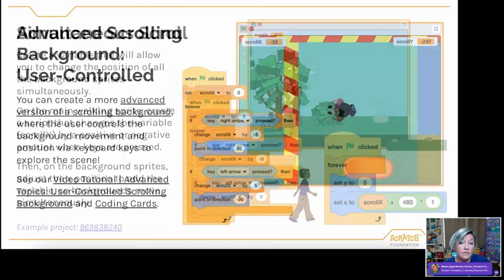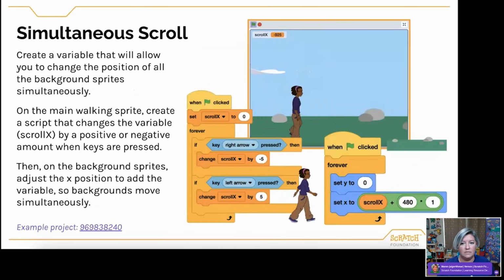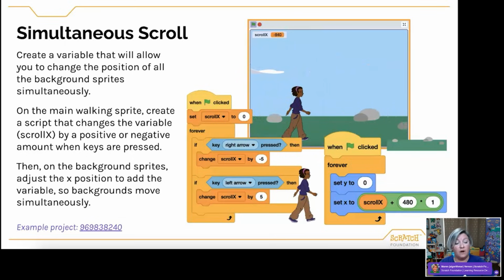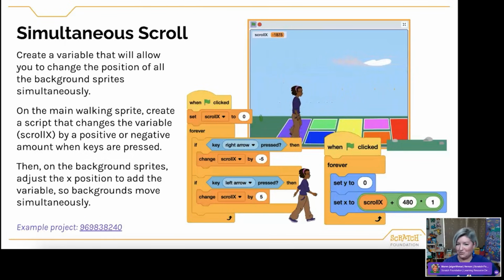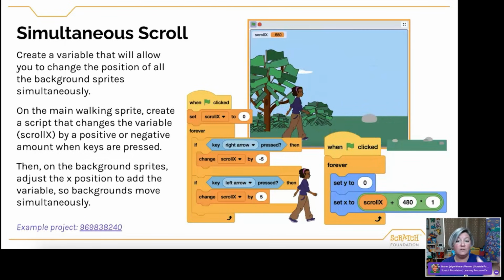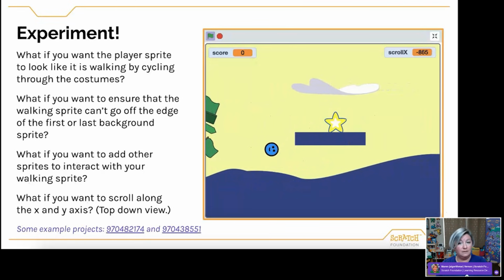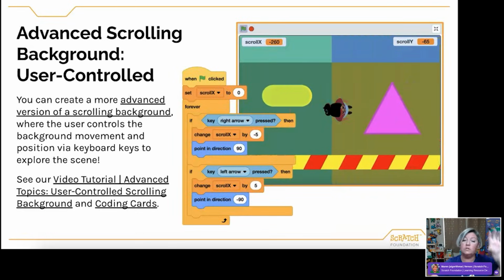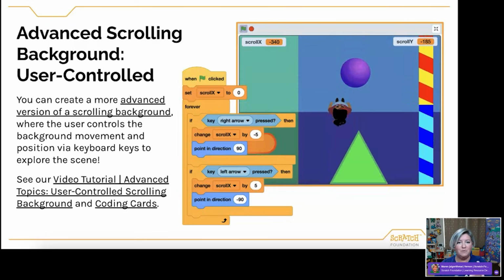In this version, I can actually use the keyboard keys to move a character across my screen here. And as I am walking them, then the background is changing at the same rate that they are walking or strolling. So it's a different way of approaching an infinite scrolling background. And this version is from the side view. But if I go back here, this is a top down version.